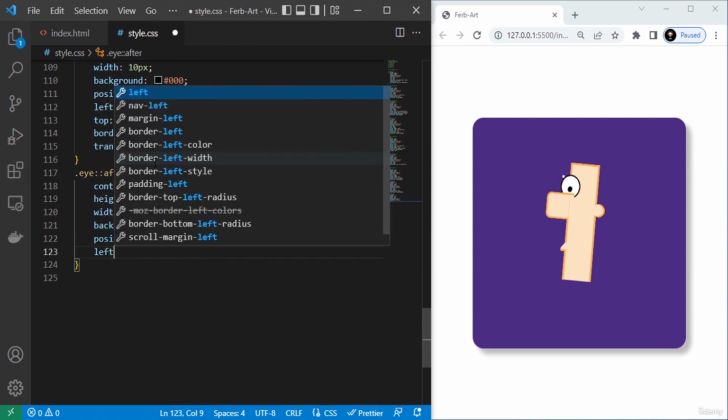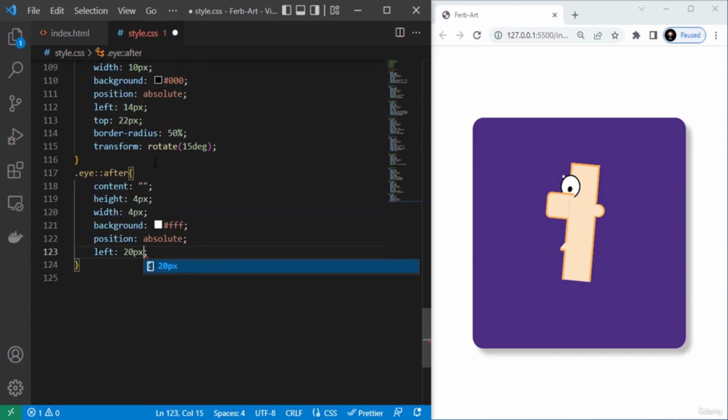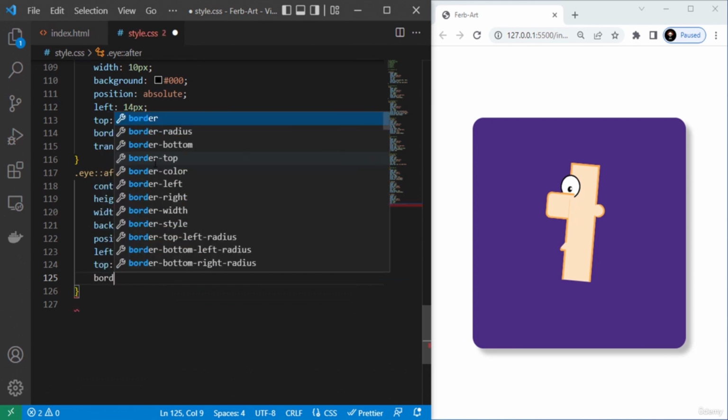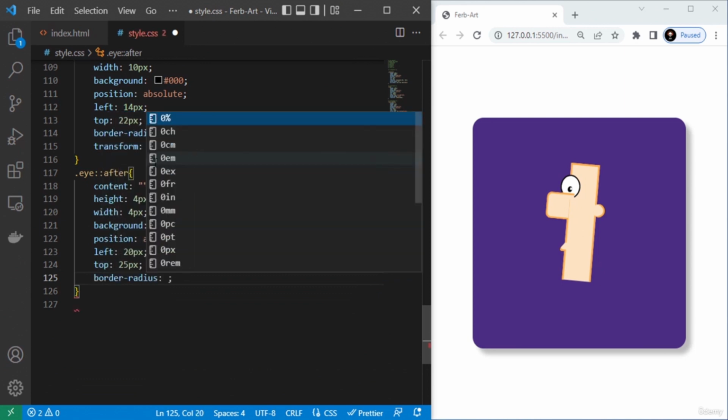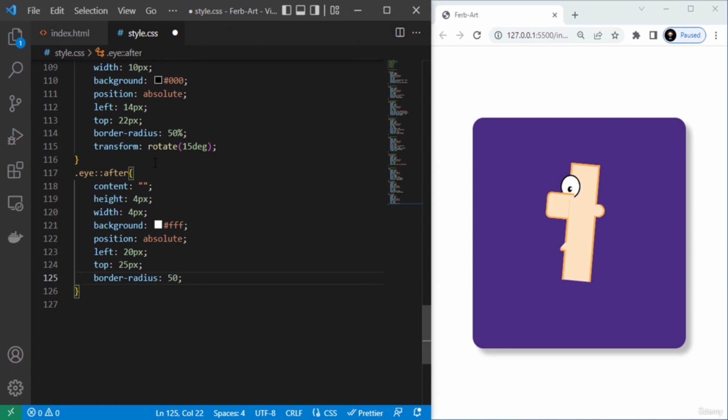Let's adjust the left and the top, 20 from the left and 25 from the top. Let's make it like 18 from the left. Okay, we make it 18 and 24 from the top. Okay,